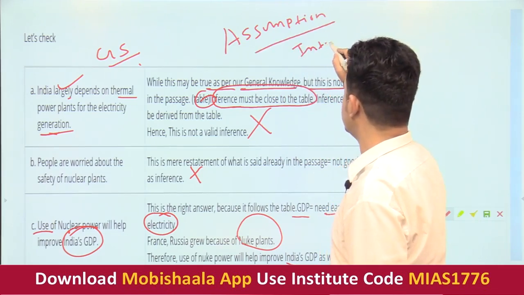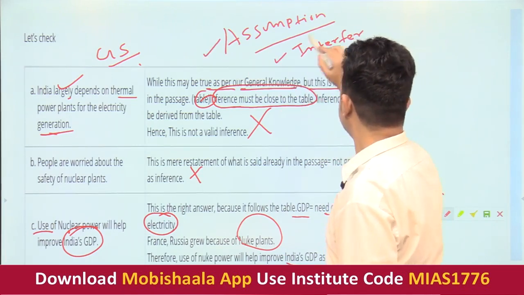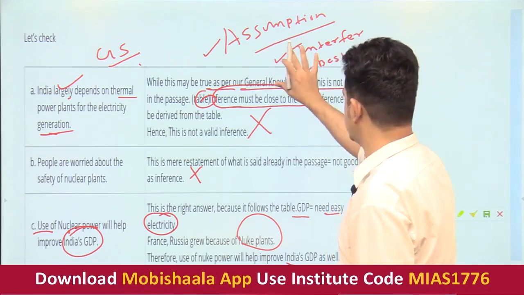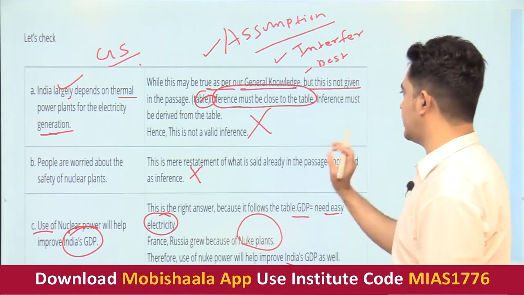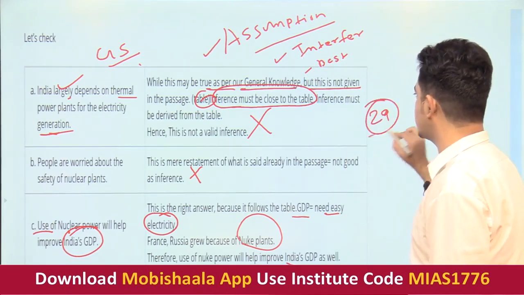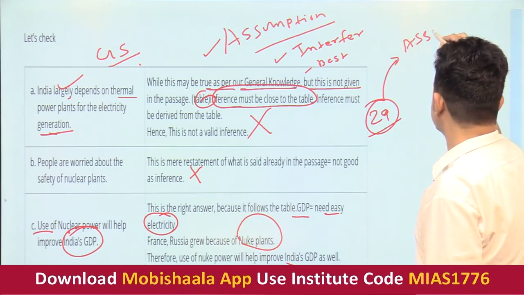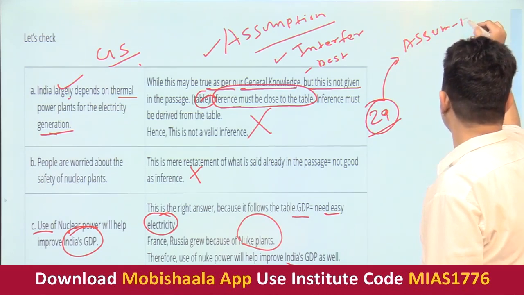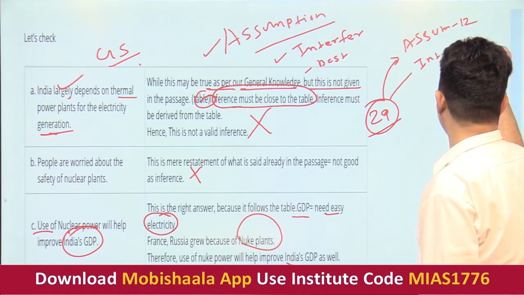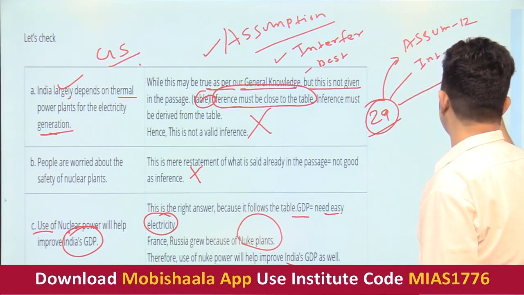The two are different things, because in the UPSC there are a lot of questions based on assumptions, inference and best implied. There were three kinds of questions usually asked. In 2021, there were around 29 questions based on reading comprehension. Among them, around 12 questions were based on assumptions, 10 were on inference, and the remaining questions were based on best implied in the passages.